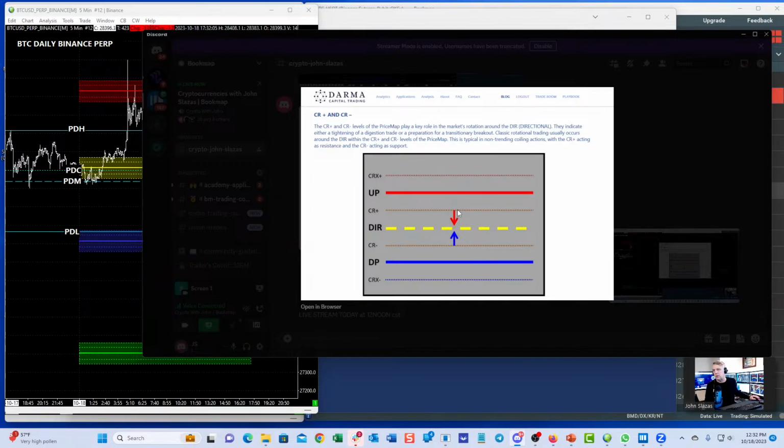in the market too is you have different scenarios, and this was actually something I posted for Ether, and we'll get to that in a minute. But I just wanted to break down these parameters for this critical range. And part of it is what we call our critical range positive extreme and negative extreme. You can look at these as more validation points. So you've got the validation points for rotational moves through the critical range, which is the directional. It needs to be validated above this CR plus to get to here, below here to get to here. And if you're going to get a breakout to the upside, it needs to breach this area to really extend, or fail from this area to really turn the market over.